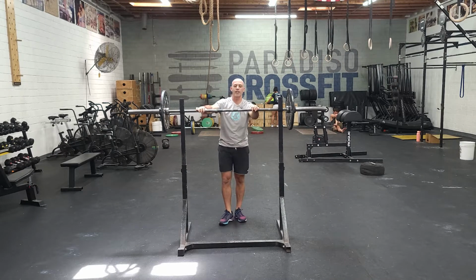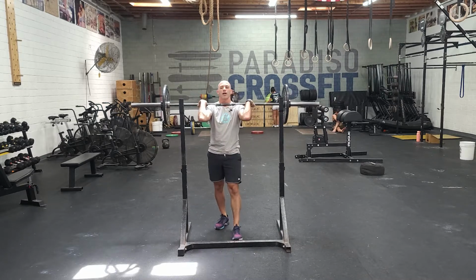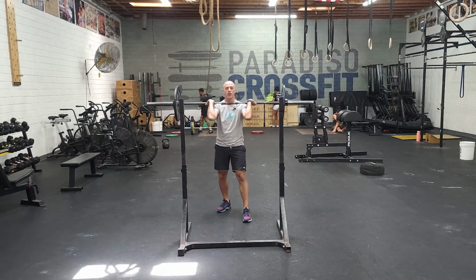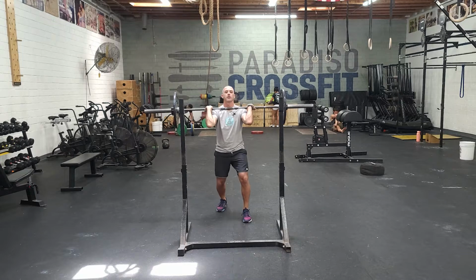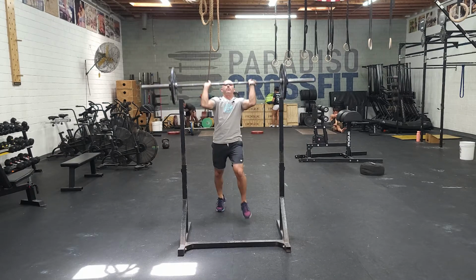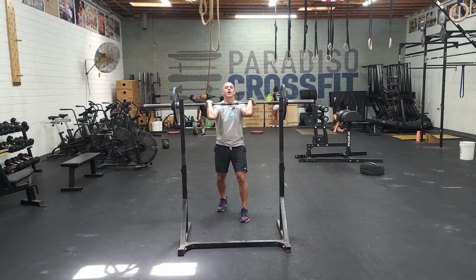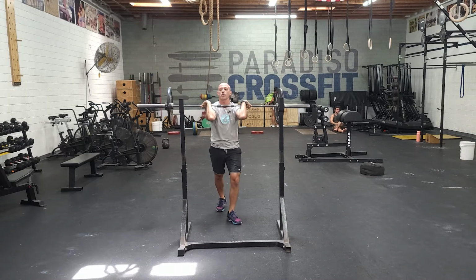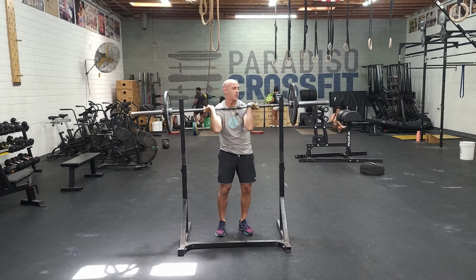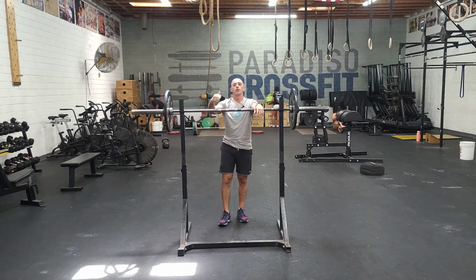So the first one is called a split jerk balance. So this will start in the rack position, okay? And the split jerk balance, basically you're starting in a half split position. So what you're gonna do is you're gonna dip and drive and step forward and catch, okay? So you bring it back down, drive, step forward and catch, okay? So it's a good footwork drill, right? We're gonna do 3 of those every minute for the first 3 minutes,